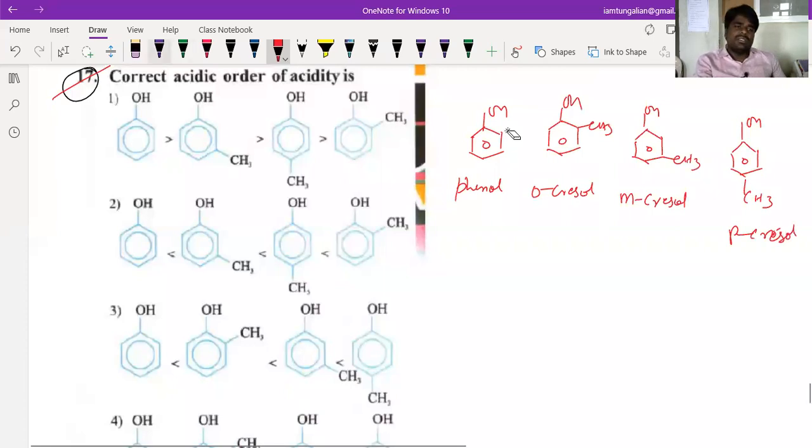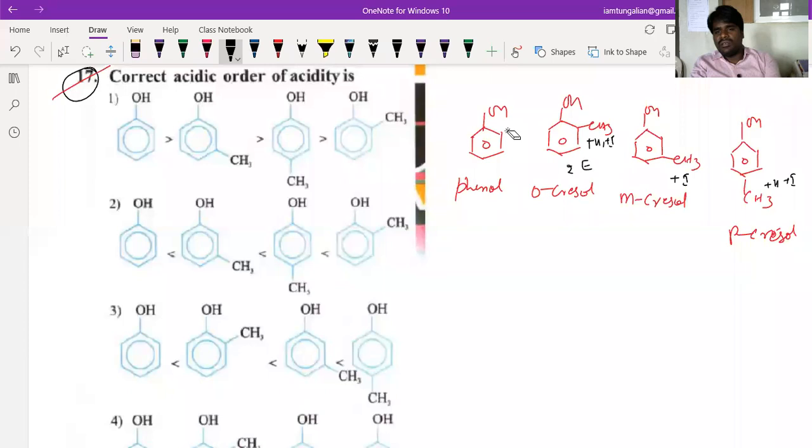See, why means here this particularly acts as plus H and plus I. What is this? This is only plus I. This acts as plus H as well as plus I. So here there are two electron donating effects. Overall, what is the effect it is putting? Electron donating, but two electron donating effects are operating. So if you assume this is 1, this is 2, this is 3, this is 4, what will be the decreasing order? First is most acidic, followed by what?